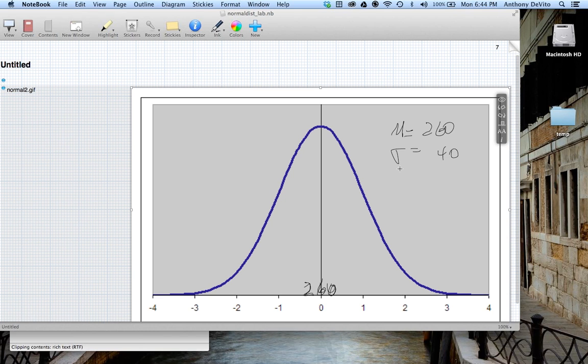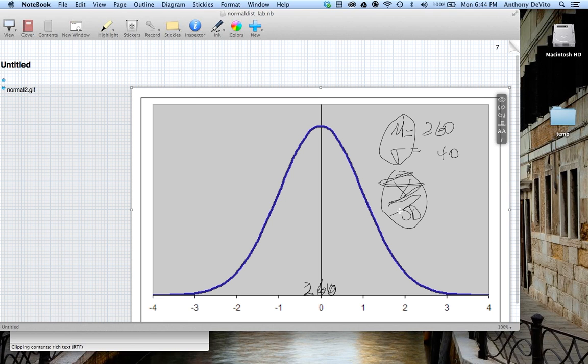What do you call these things called mu and sigma? What are those? Got a name for them? They're parameters, right? They're not statistics, right? Because the equivalent in statistics would be X bar and say SD or S, right? What would those be? Those are statistics. These are based on a sample. These are based on a population. I'm going to talk about the entire population of all the baseball players right now. This is their average batting average. This is their standard deviation of all the batting averages.